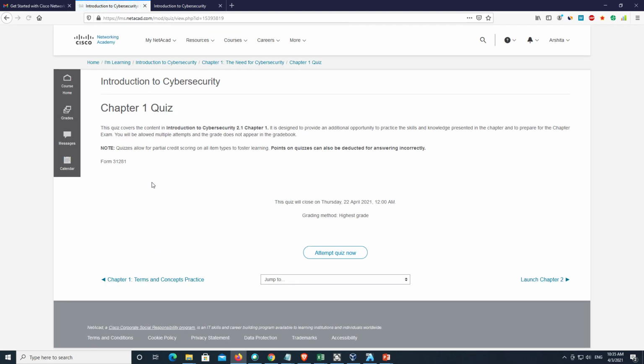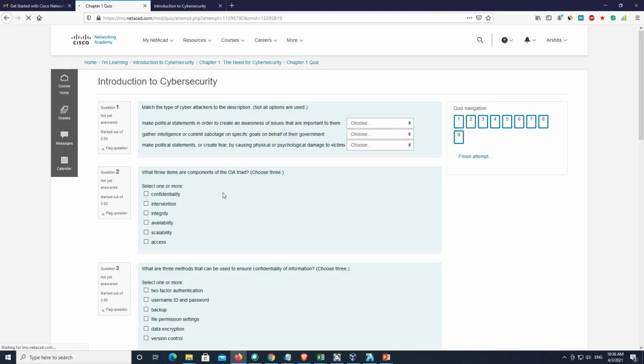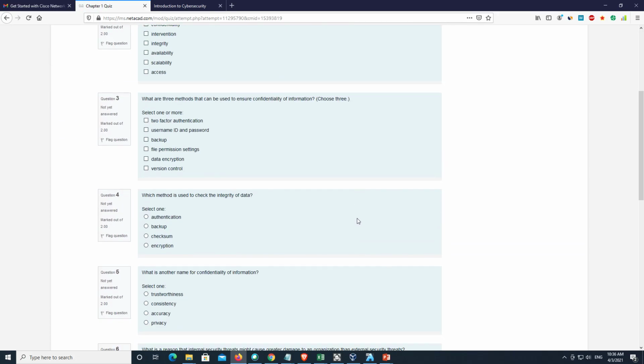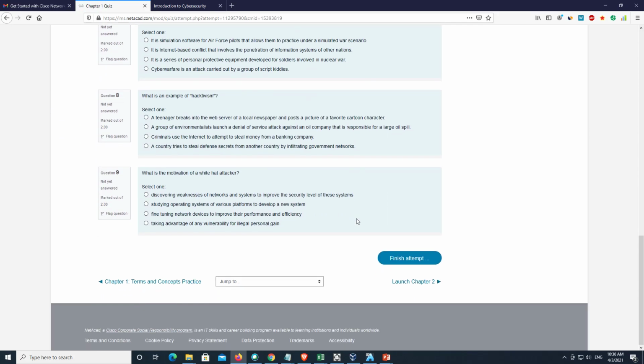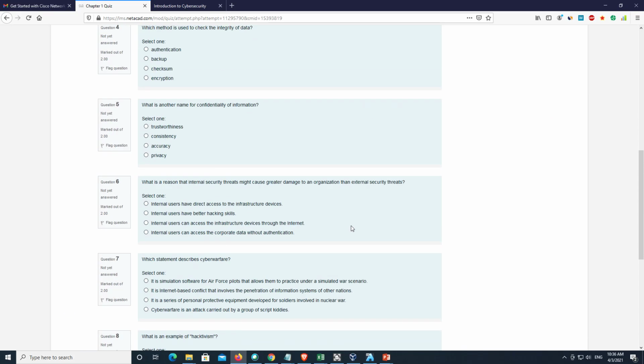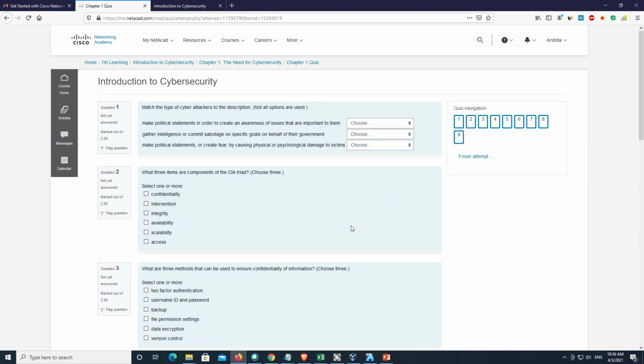Just click on chapter 1 quiz and attempt the quiz now. Here there are some MCQs. You need to complete this quiz after studying the first chapter. In this way, all the chapters have different quizzes, and you need to complete those too.